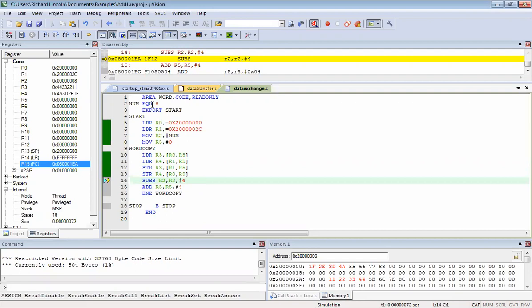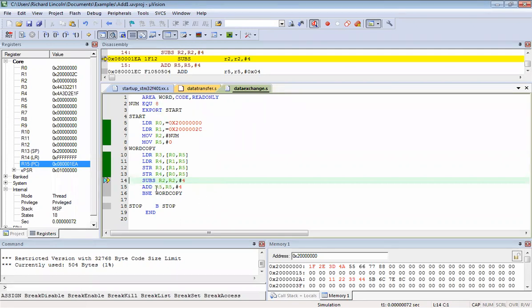Now R2 is actually like a count, which means half of our data is exchanged. So this 11, 22, 33, 44 were all here, but now it is shifted to 2C. So now it is pointing to the next set, 5, 6, 7, 8. That's why I am saying that out of 8, half is done.